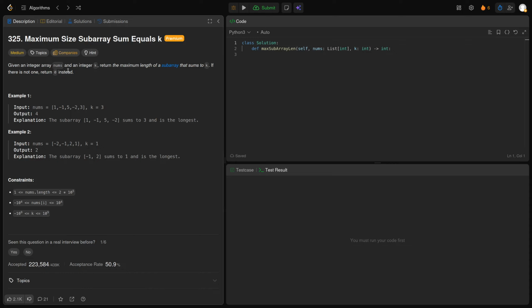I mean, we could do n squared obviously, but that's bad. Now suppose we do prefix sums of this. A subarray has a sum k if at some point we have some s and we have s minus k somewhere before in the prefix sums. Now we want the longest such,